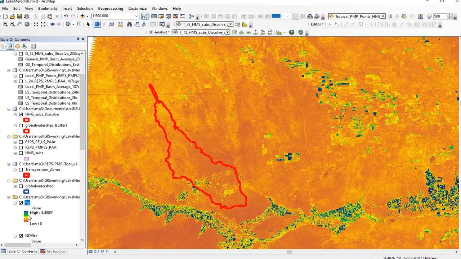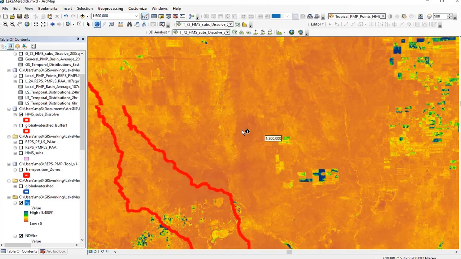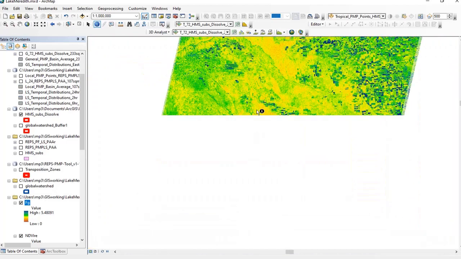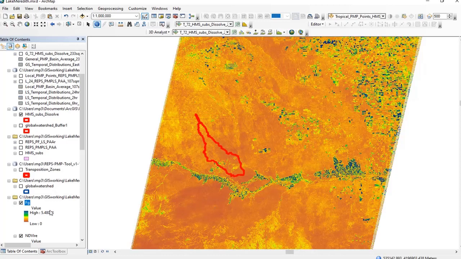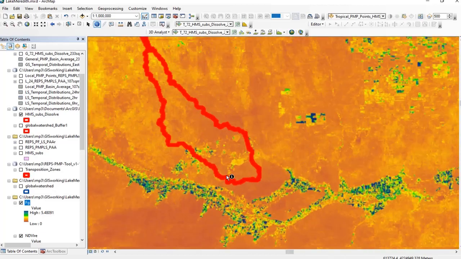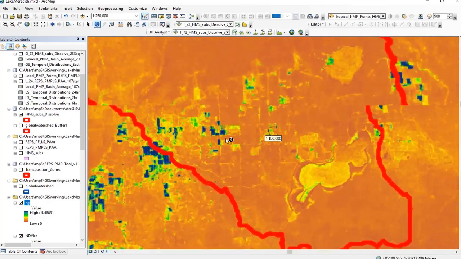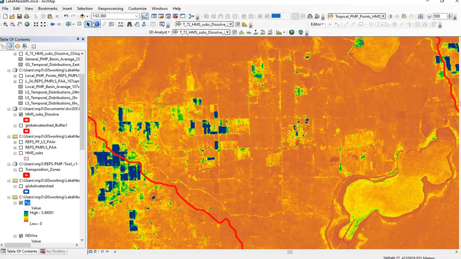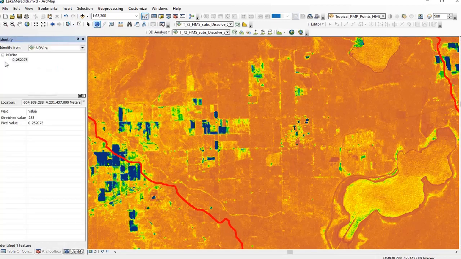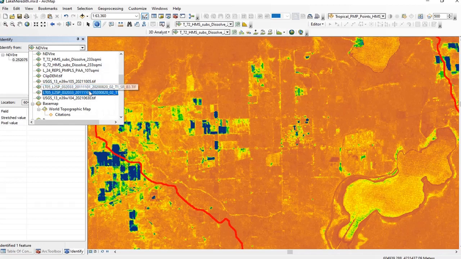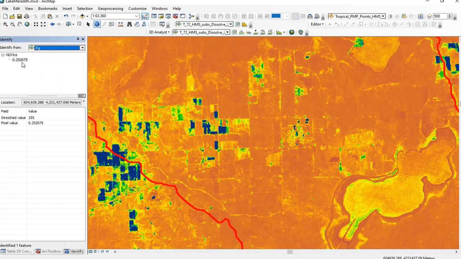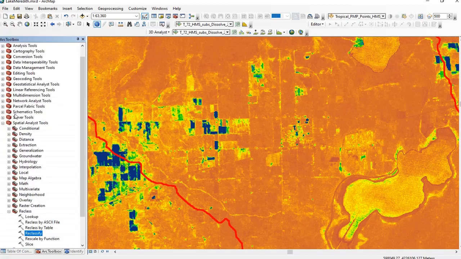Okay, number one, if this is calculated for this entire mosaic, these 2 raster tiles, the 5.4 values may be way outside of this. They may not even be applicable to our basin, but it does look like there's some high values inside of our basin. Okay, when I use the identify tool, make sure we have the FG layer selected, and I identify those, they don't seem to be above 1. So one thing I can do is just go back to the spatial analyst,